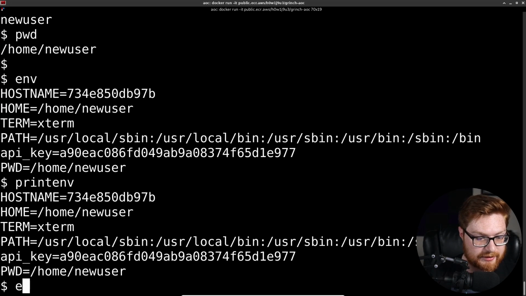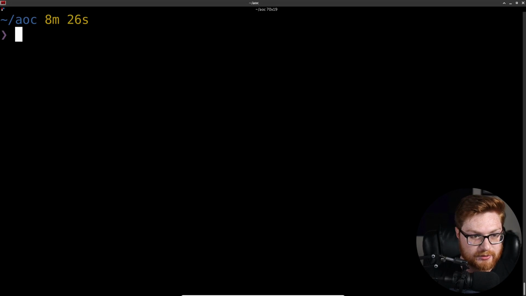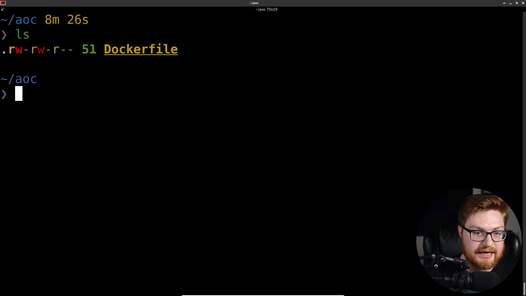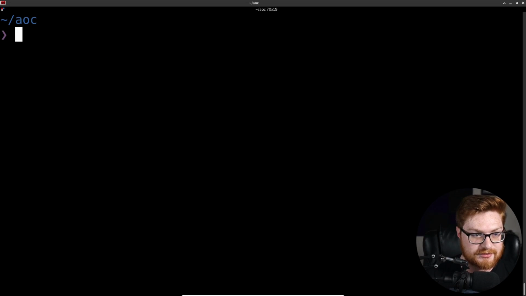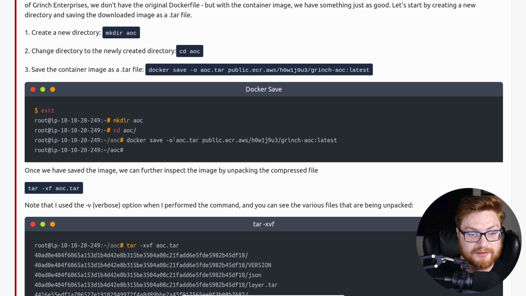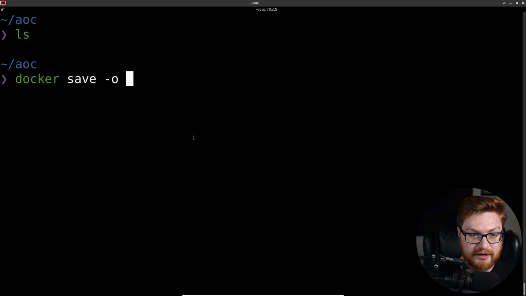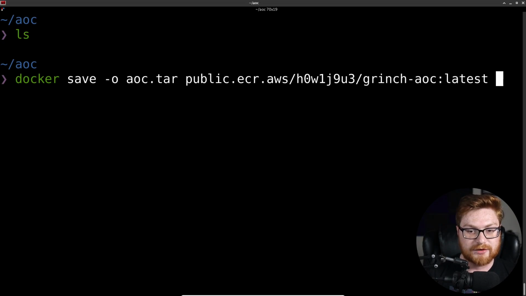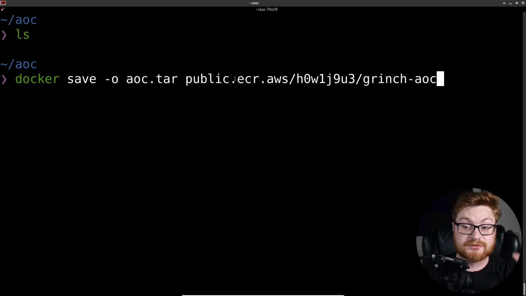Sorry, I know I'm bouncing around, but I'll go ahead and exit out of the shell that we're currently in. I'll ls, and all I have is this old Dockerfile that I used for the demonstration. We don't need that, but let's go ahead and use docker save. And we'll need -o to specify the output file. They gave the example aoc.tar as where we want to save this to. I'll do the same, and then you could try and tab complete what specific image name you'd like. So I started to type the word public and then hit tab a few times for Docker to be able to expand that for us.